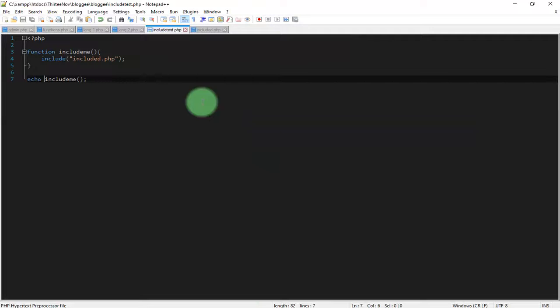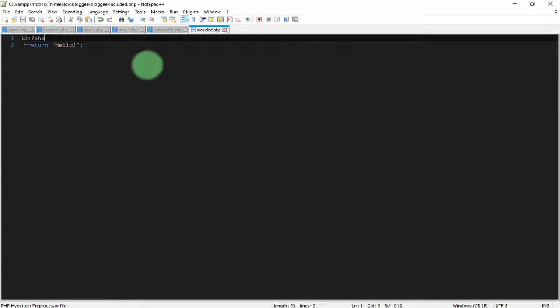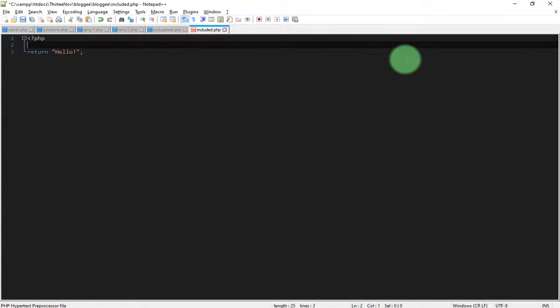What will happen? It doesn't work, and there is no error message, so maybe I should not use return here. What if I type